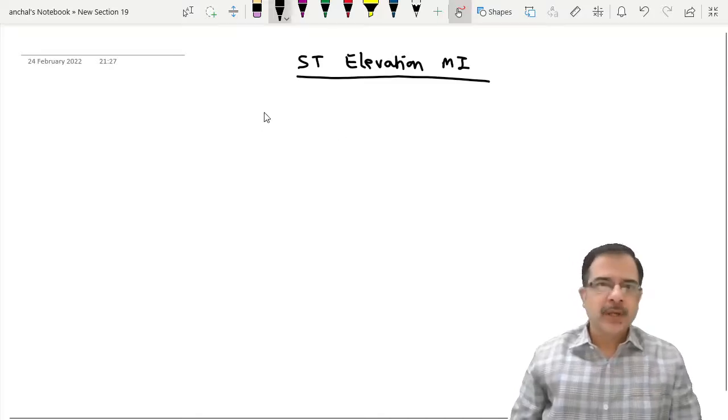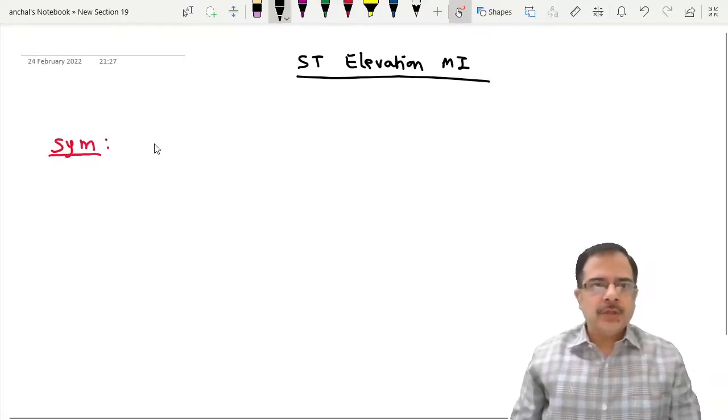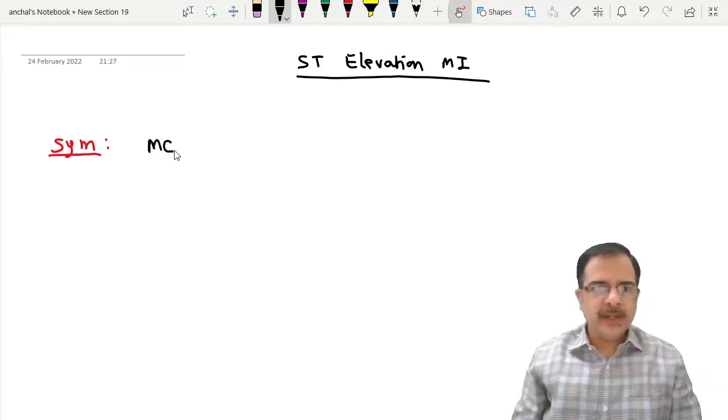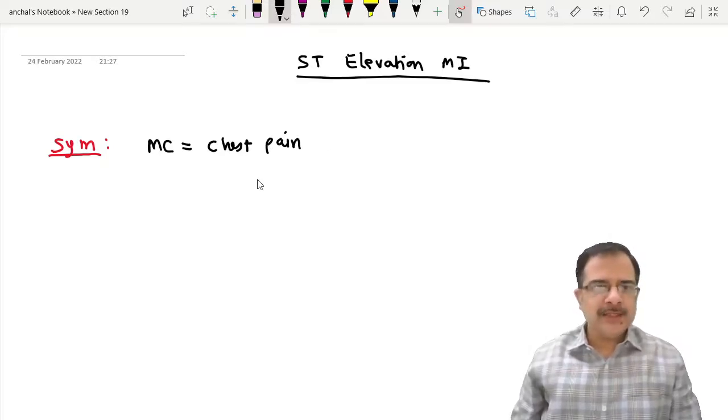or a transmural MI. So, first, let's start with the clinical features. Clinical features, starting with the symptoms. The most common symptom of the ST elevation MI is of course chest pain, and the origin of this chest pain is